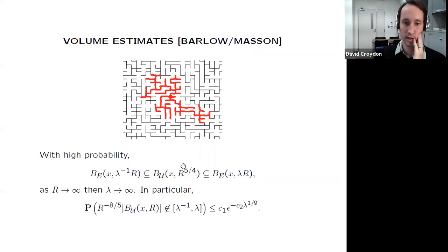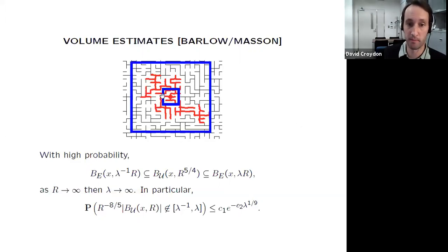And so it's not totally surprising that if we draw this uniform spanning tree ball, so I think this is what's meant to be shown in red here. Maybe I didn't count the steps, but if you get bored in the next 2 minutes, you can work out the radius of this ball in the uniform spanning tree. But the point is that it shouldn't be that surprising that this ball should look something like a Euclidean ball, or you might hope it does. And this is exactly what they showed with high probability, that at least up to constants, this is true. So namely, with high probability if lambda is big enough, we can include a rescaled version of the Euclidean ball inside the uniform spanning tree, and one around the edge here.